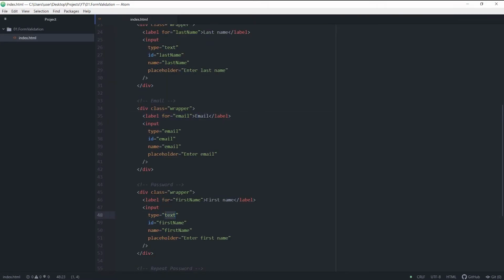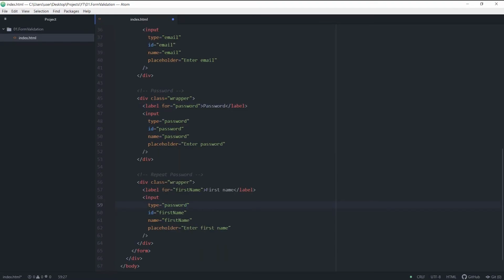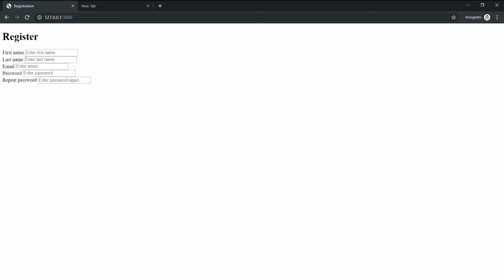Now the type for password is going to be password, and we're just going to copy this, paste it over here, and over here. Type for repeat password is going to be password as well. And the ID is repeat password. We're just going to copy this, paste it over here and here. Okay, great. If you go back to our web page, we can see that the fields have been successfully added,